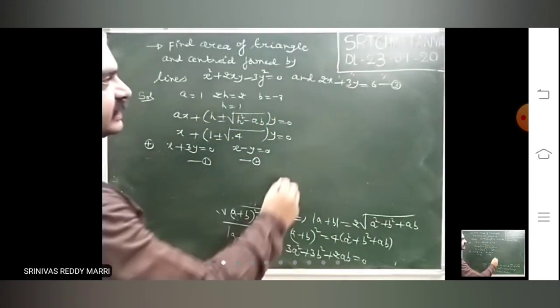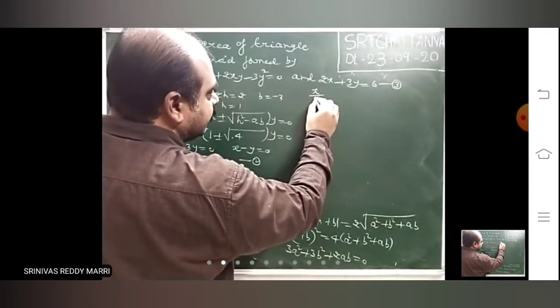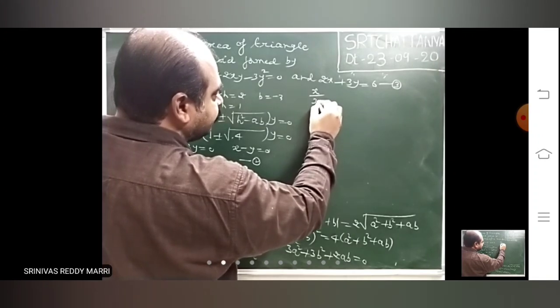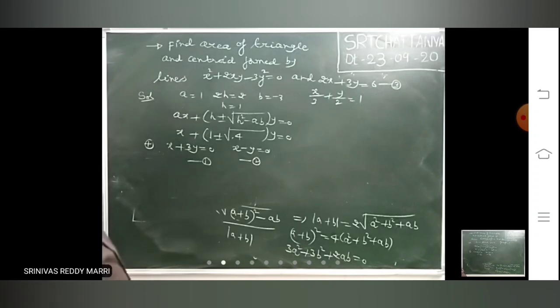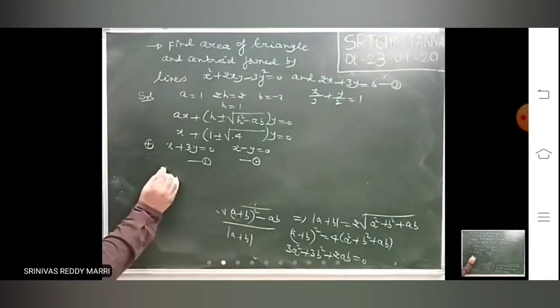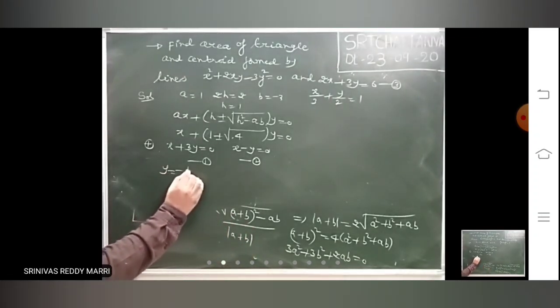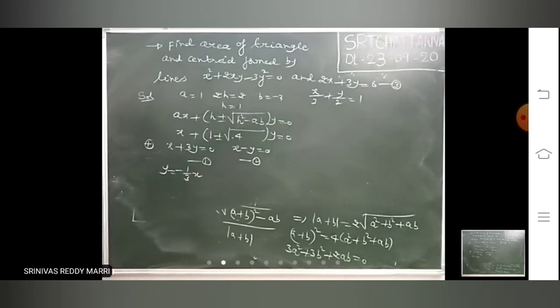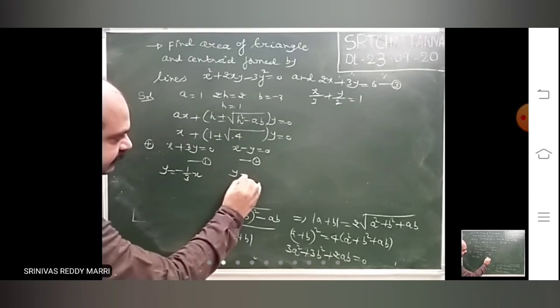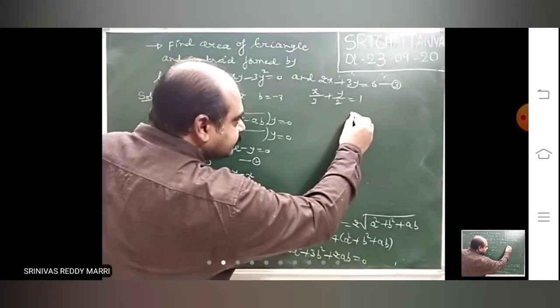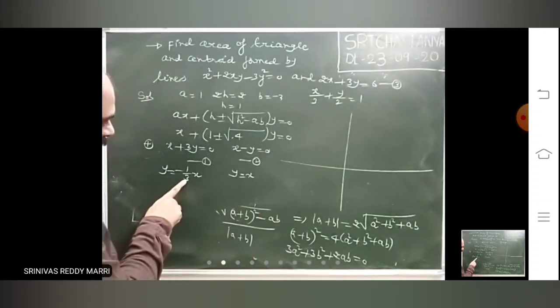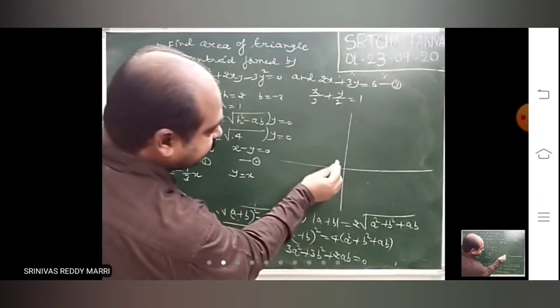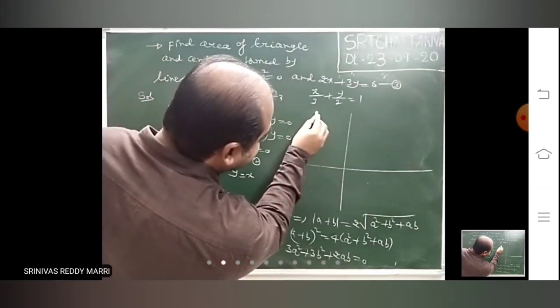You can easily calculate what is the area. Right? Like that, convert into straight lines problem. This is the basic method of doing it. Right? I am plotting these lines. Look at. First line is nothing but y equal to minus 1 by 3 x. Second line is nothing but... I am plotting the lines. So y equal to minus 1 by 3 x means it makes an obtuse angle.